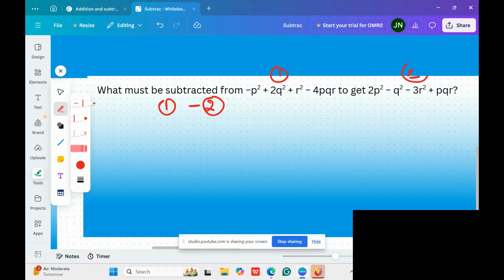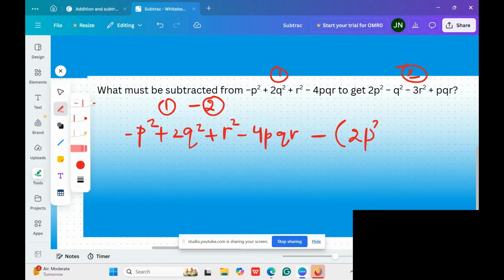तो फिर करते हैं, चलो p स्क्वायर प्लस 2q² प्लस आर स्क्वायर माइनस 4pqr। पहले ब्रैकेट में, पहले एक्सप्रेशन में आई एम नॉट प्लेसिंग ये ब्रैकेट, ये वाला ब्रैकेट लगाने की जरूरत नहीं है क्योंकि यहाँ पर कोई माइनस साइन नहीं है, कुछ नहीं करना है हमें, वी विल जस्ट राइट इट एज इट इज, माइनस सेकेंड एक्सप्रेशन विच इज 2p² माइनस q² माइनस 3r² प्लस pqr। ठीक है, अब खाली जो हमारा जो काम है वो है, इट इज टू, oh my god, I see some big number।